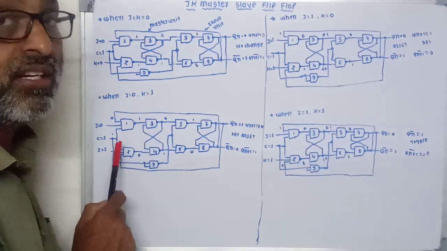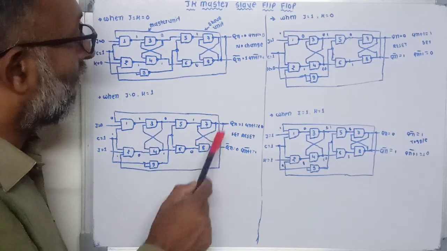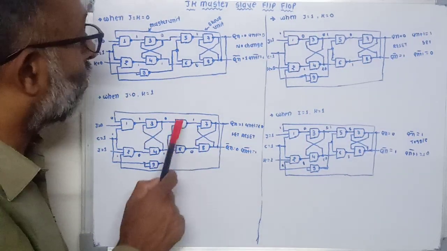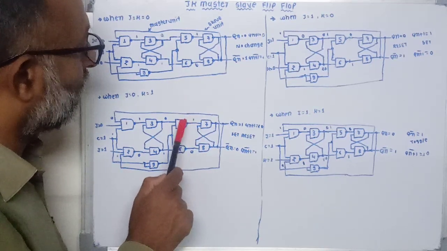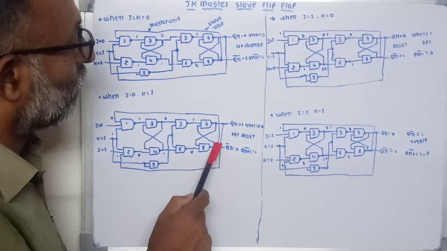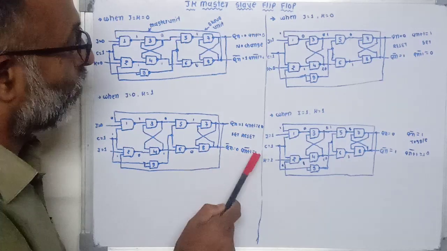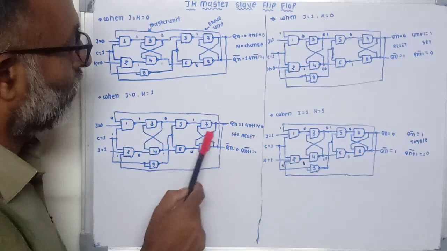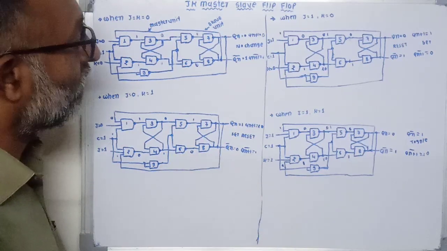Now when our clock signal goes to 0 level, that means this master unit is disabled and the slave unit is enabled. So whatever the output of this master unit, it is the input of this slave unit. Here the output of NAND gate number 5 is 1 and for 6 it is 0. So here 0 plus 1, 0, 1. 1 plus 0, 0, 1. Now again 1 is available here. 1 plus 1, 1 and 0. 0, 0 plus 1. So here you can say that our flip-flop moves into reset condition.